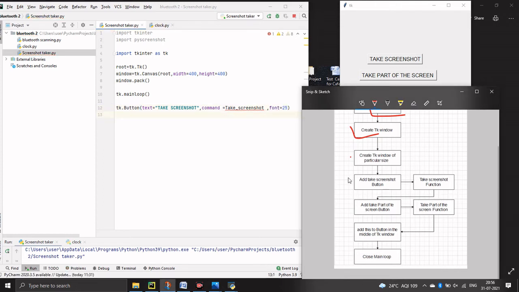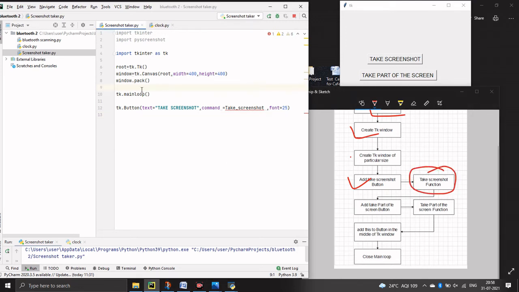So next step is to create this screenshot function. You have to put this tk.mainloop at the end of the code.